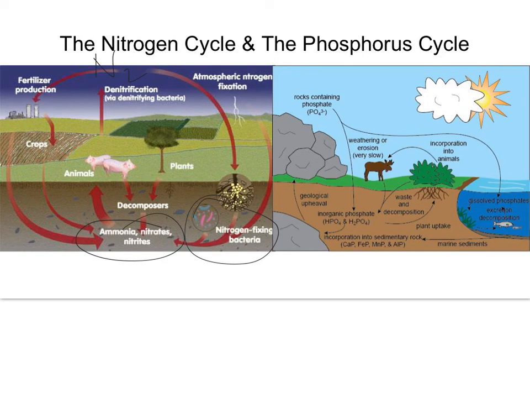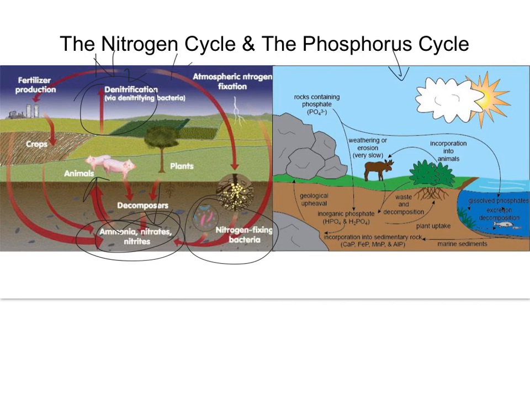Some of them will go back to animals. Some animals really like some of those things. Some plants will incorporate some of these things into their proteins, and some of it will become runoff, and then we'll have some bacteria that will denitrify. So we have bacteria that will create these things, ammonia, nitrates, nitrites, and we have some that will break that and put it back into the atmosphere as N2. We also have fertilizer production and animals that either defecate or urinate in the soil, producing ammonia and nitrates and those kind of things.